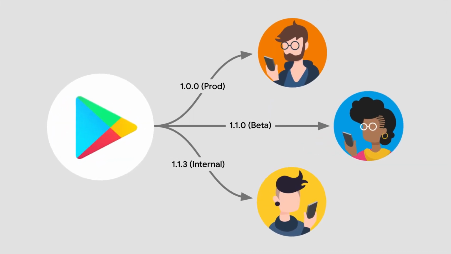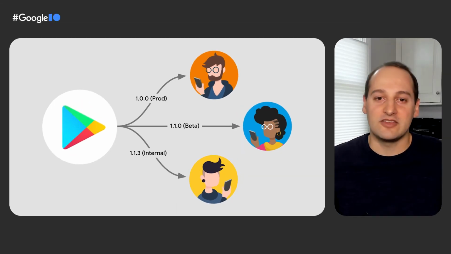To help you get even more out of what Crashlytics has to offer, I'll walk you through a few of the ways, new and old, that you can use to prioritize and troubleshoot issues no matter where you are in your app development lifecycle. A typical process that many developers follow before releasing a new version of their app to customers is to ship a test version out to a smaller group of people first to get feedback. This could be internally within your company or to a large group of people who have signed up to receive beta versions of your app. If you're using Google Play to distribute your app, you might be using Firebase release tracks to do this.